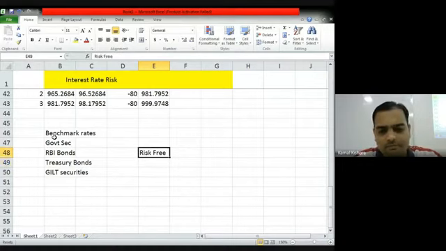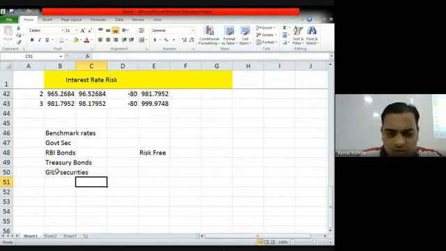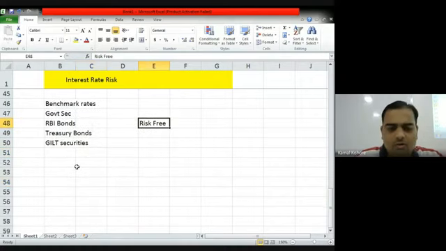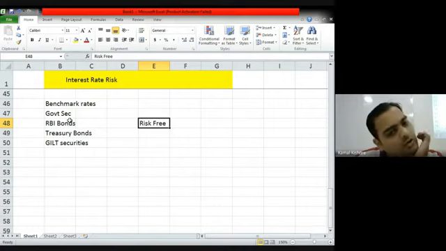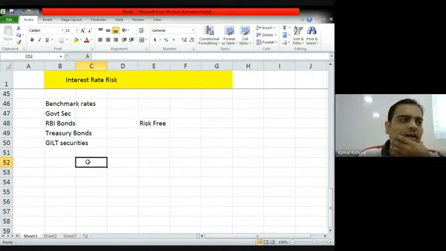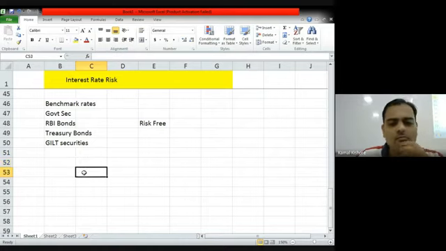These are risk free investments in the respective markets, like treasury bonds in the US, RBI bonds or any government securities in India. These are generally risk free. So what I do is I try to find out